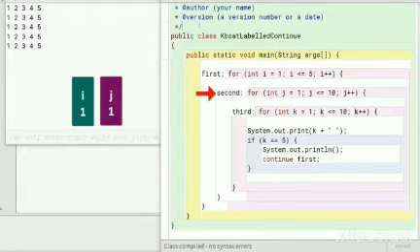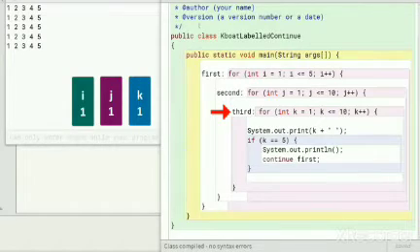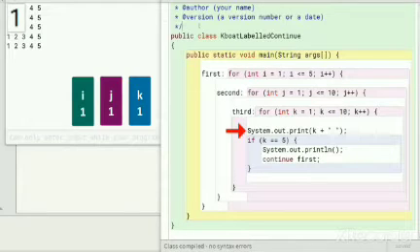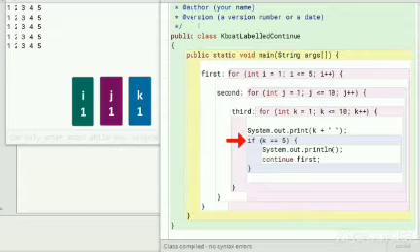The condition of the second loop is true, so program control enters inside it. For the third loop, k is initialized to 1. The condition is true. Program control moves to this line. This 1 is printed to the console. Program control comes to the if statement. The condition is false, so program control reaches the end of the loop.